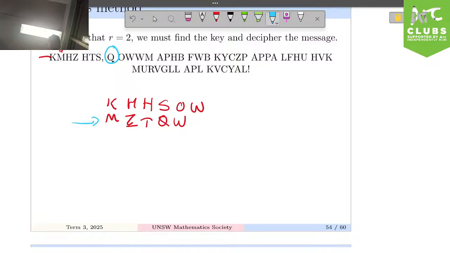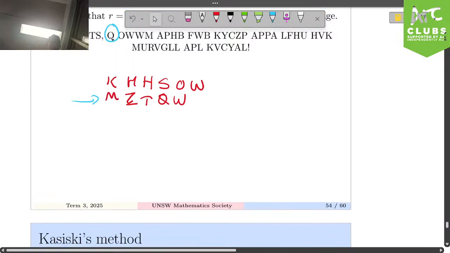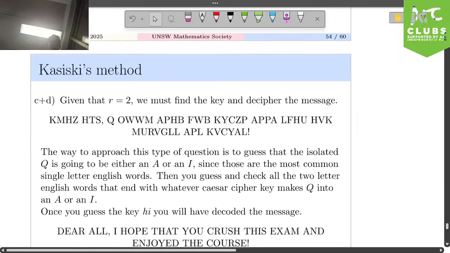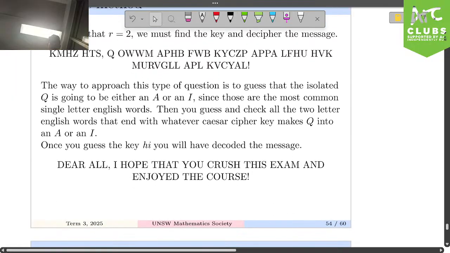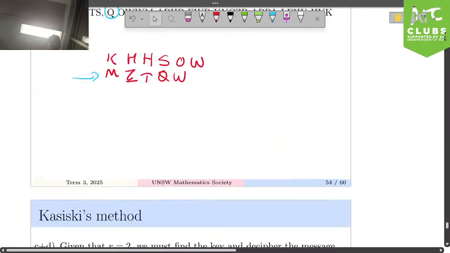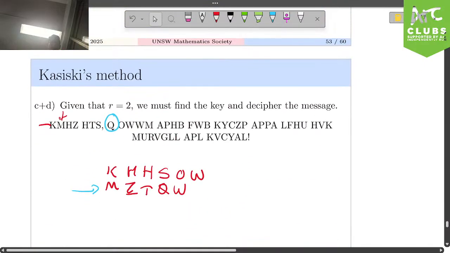Q shows up in the bottom. Now, the shift from Q to A or Q to I, you can calculate. And if you do that, all I can tell you is that you can check for Q is equal to I, and you get I as your second letter in your keyword. Then what you have to do is try and look at the code and squint your eyes and see, is there anything else that kind of looks like a word?